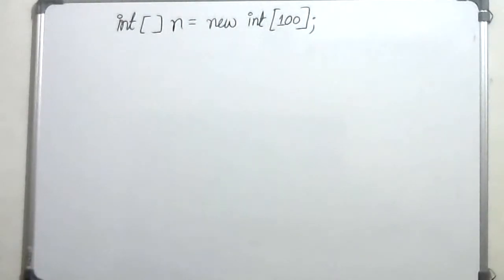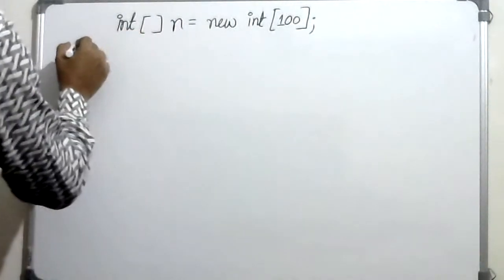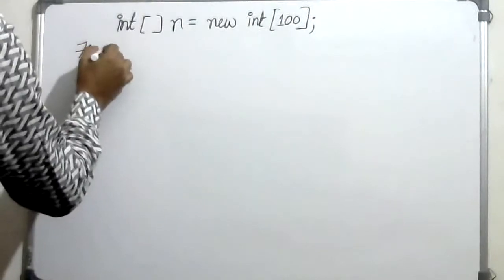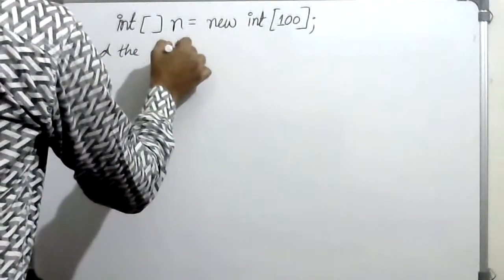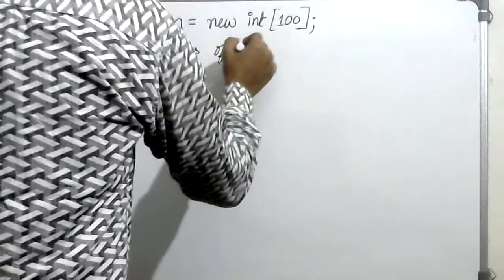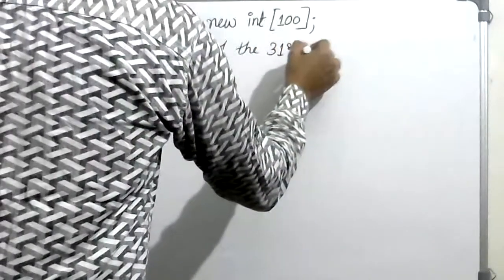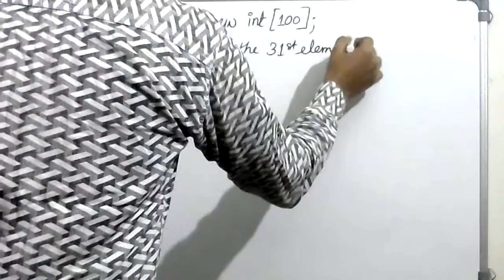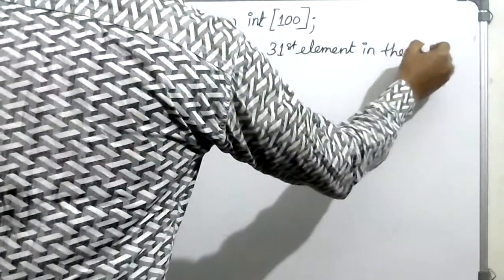So there are 100 elements in the array, and they ask you this particular question: find the address of the 31st element in the array